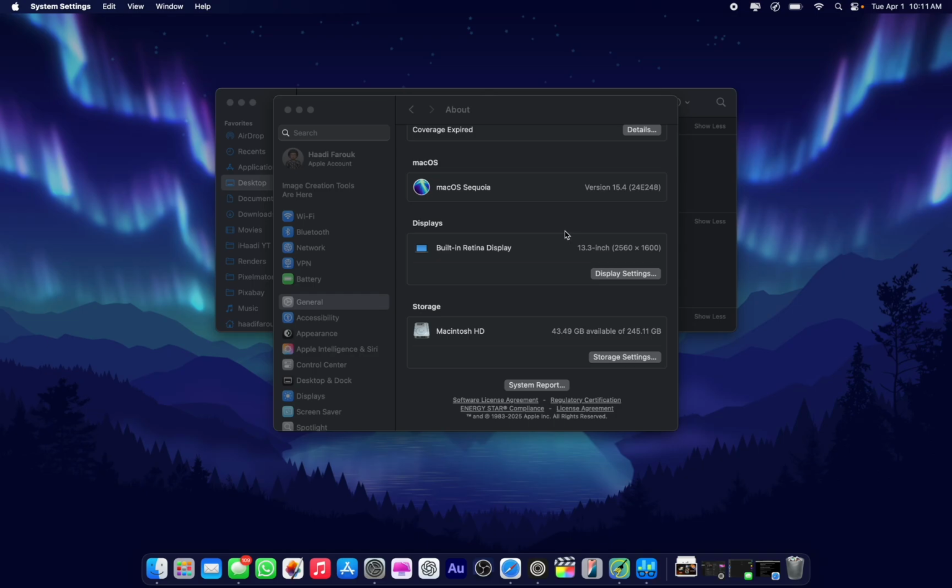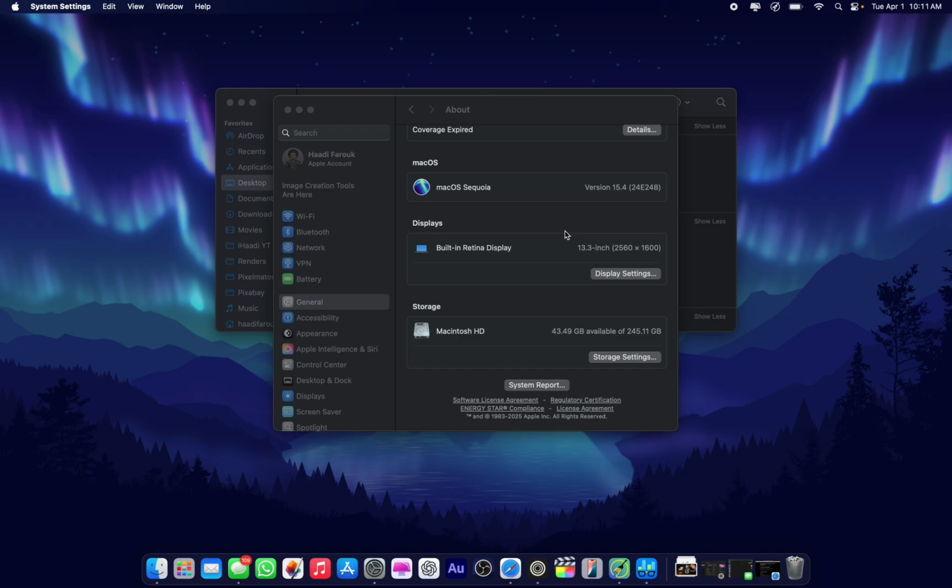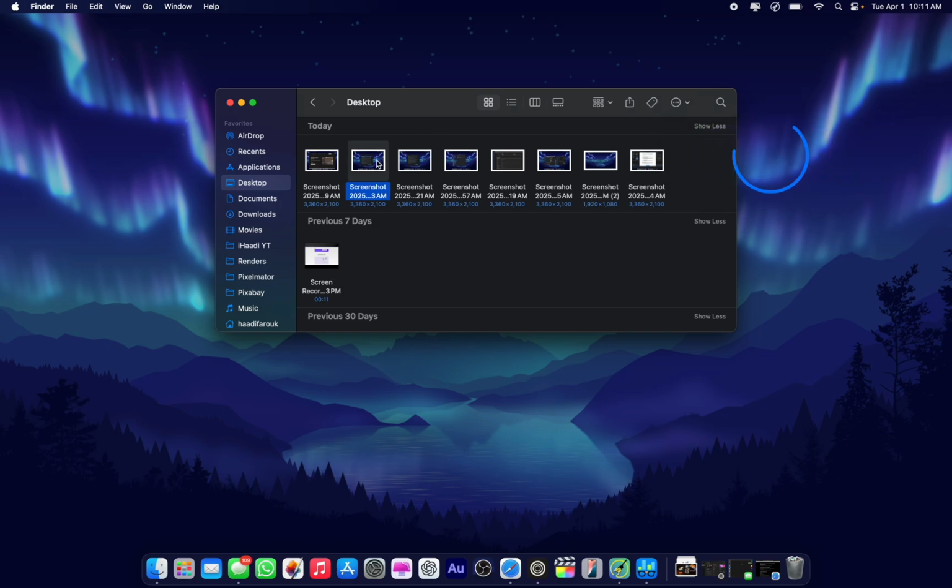Apple released macOS 15.4 sometime last night. The update is quite significant. I mean, the build number is 248, whatever that means. And the update came at a fairly large size,